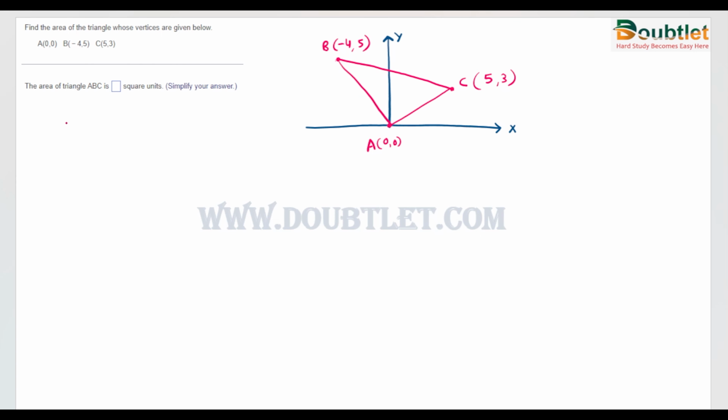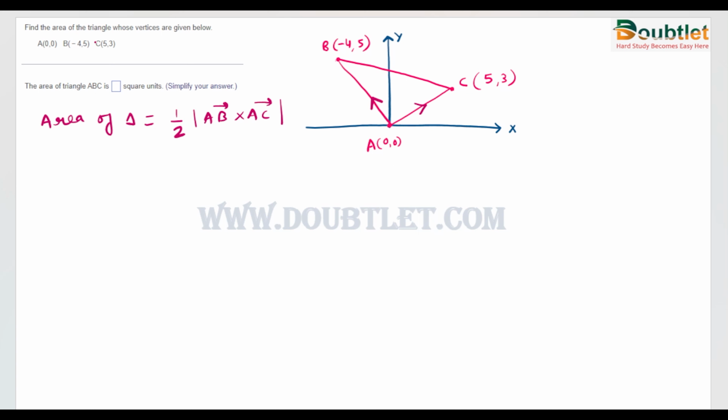We will just go through a simple approach. The area of a triangle, if the vertices are given, is half the modulus of AB cross AC. The AB side is this and the AC side is this. If we find the cross product of these and multiply it by 1/2, we will get the area of the triangle. And if you want to find the area of a parallelogram with AB and AC as the two vectors, then definitely it will be double, so the 1/2 will be removed.